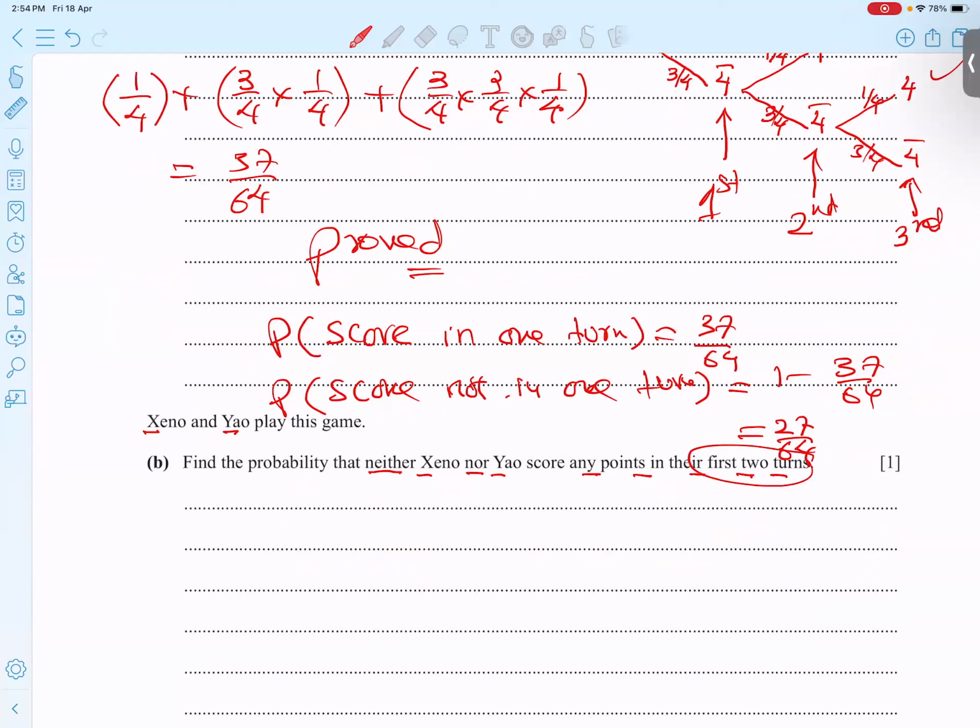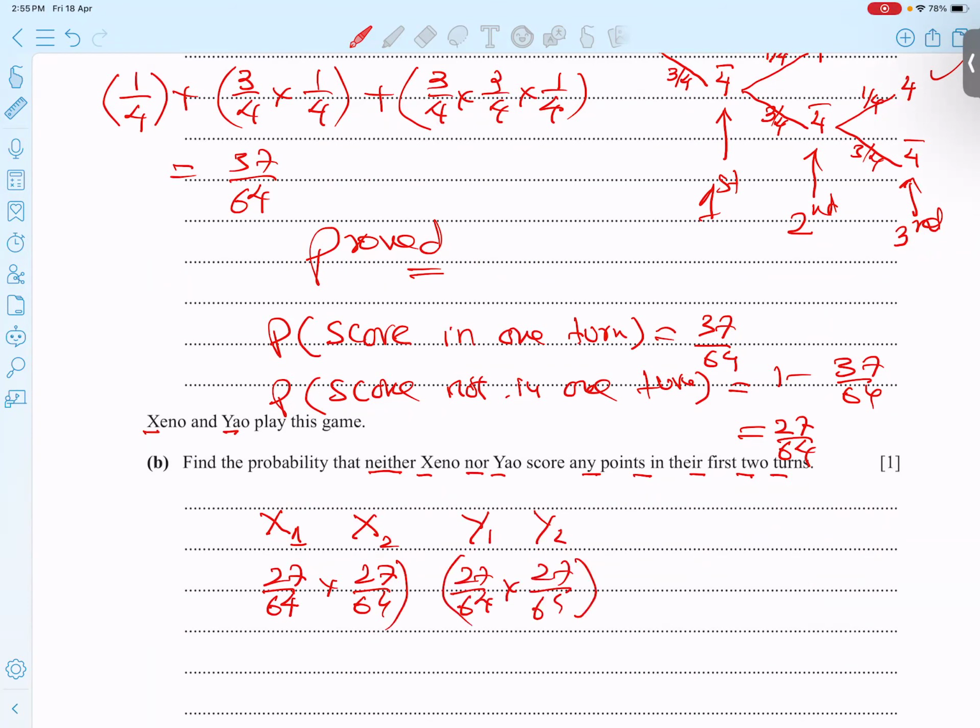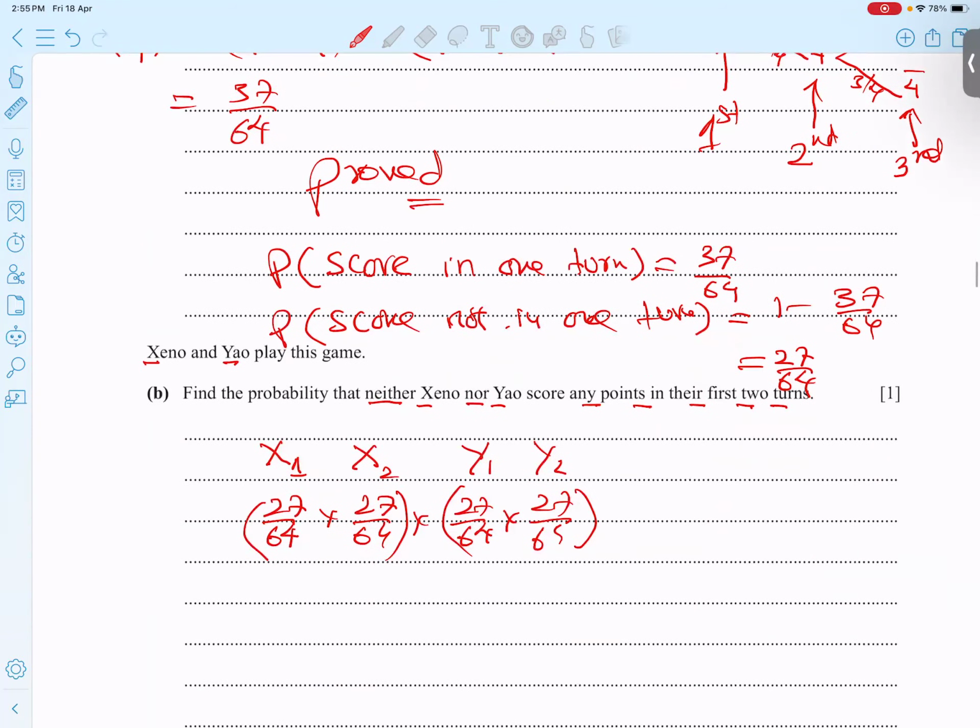Actually, each person takes 2 turns, not 1 turn. So 1 turn and 1 turn. For example, let's talk about X. First turn he tried, then X second turn. What is this? 27 over 64 into 27 over 64. This is for X. Now Y first turn and Y second turn. So again 27 over 64, 27 over 64. Basically, we are trying this way. Okay. And how we can write it now, if we check it in calculator,